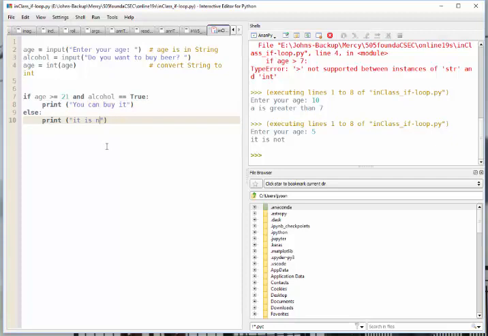All right, and then otherwise, that item is not permitted to you. All right, so you can buy it. So two values are requested from the user, and then you need to